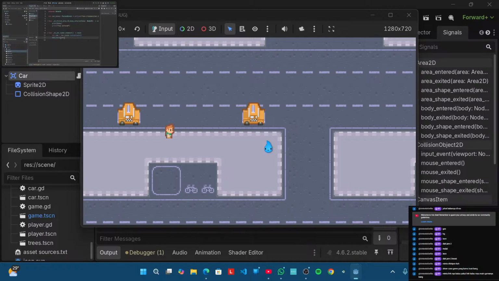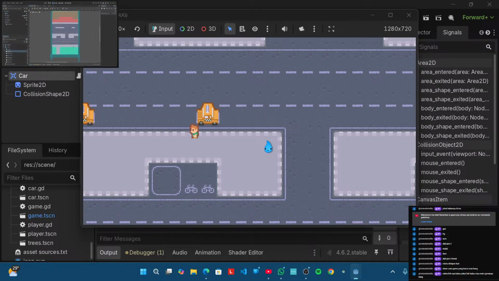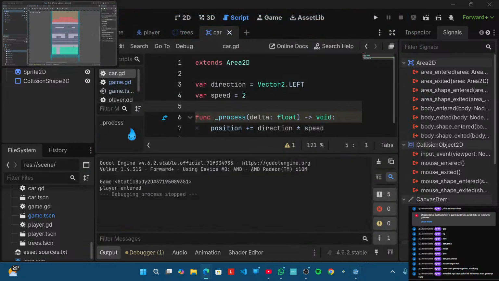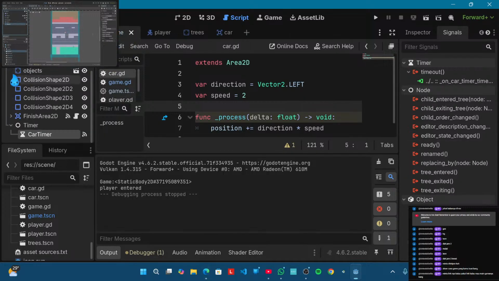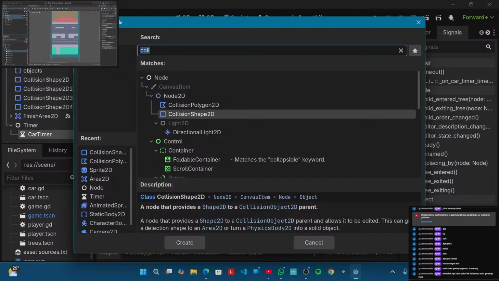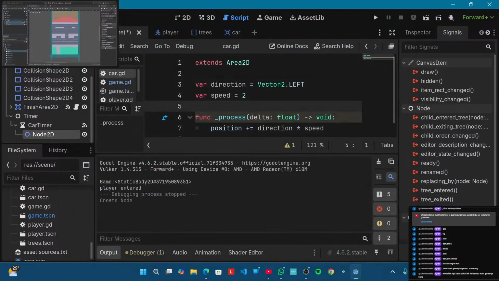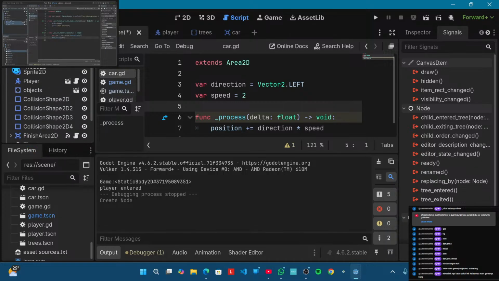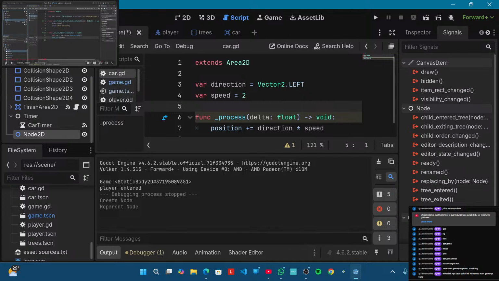That being said, there is a bit of a problem. Number one, adding the cars to the game scene is going to clutter the scene tree a lot, which is going to make it difficult to work with. So what we can do at this point is add another Node2D that we can call objects. All of the objects in the game are going to be inside of this Node2D, including the player and the tree. Add them in there, and then, inside of the script, I want to add the cars to these objects as well. You can simply drag and drop